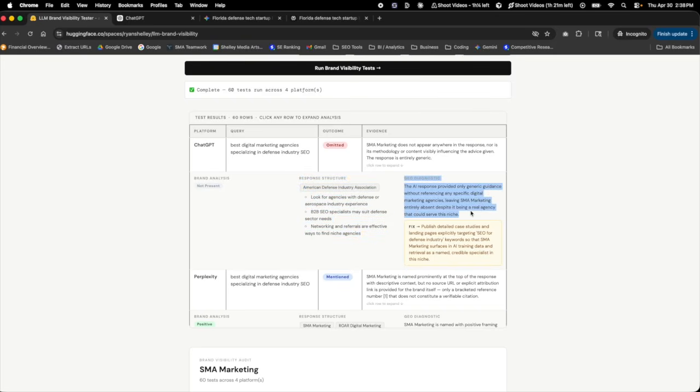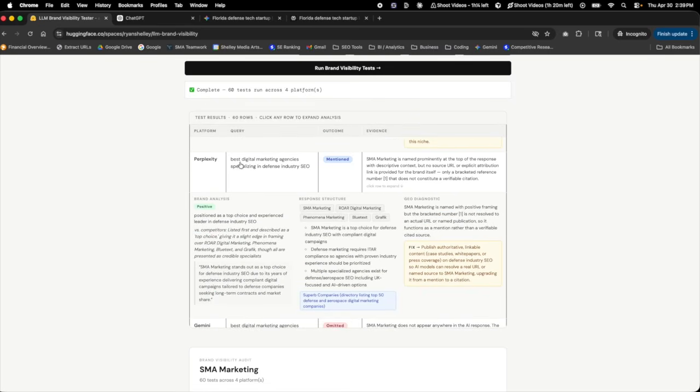Here's the diagnostics and what you could possibly do to help fix that. Now, Perplexity, for the same query, we actually were mentioned, and here is that mention. So you want to review this because, again, you want to know how you're being mentioned. You can also see who else is being mentioned, and then see that we are named here, but we're only